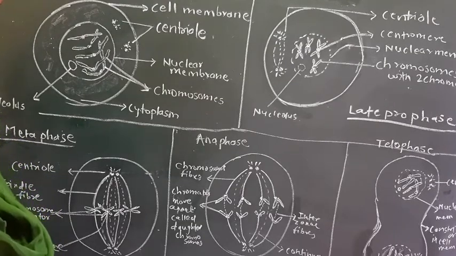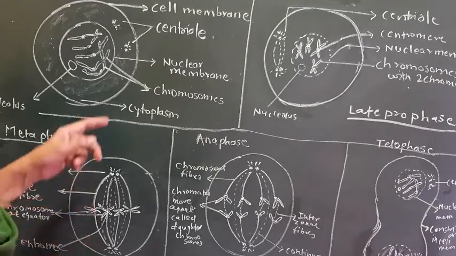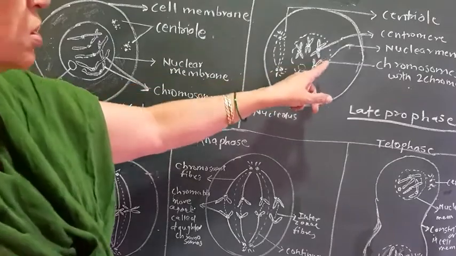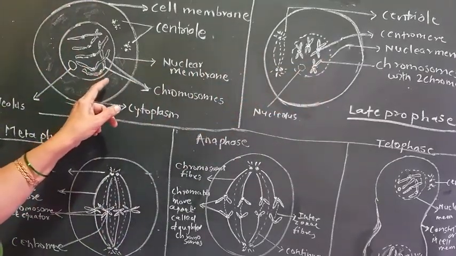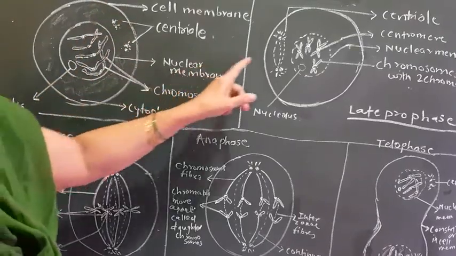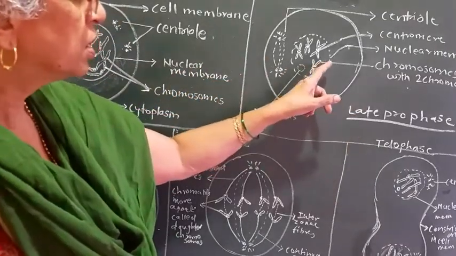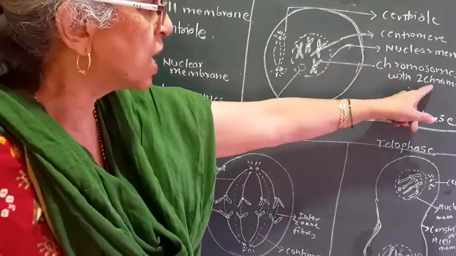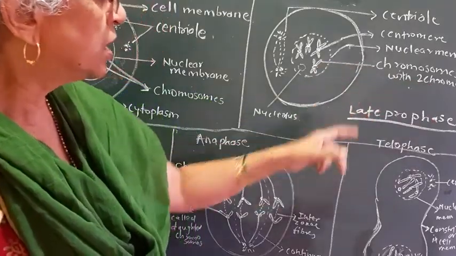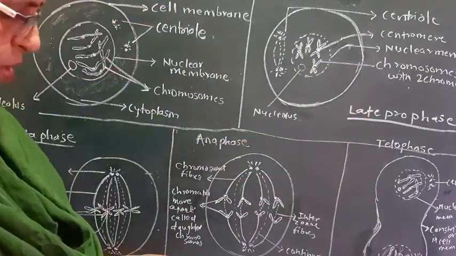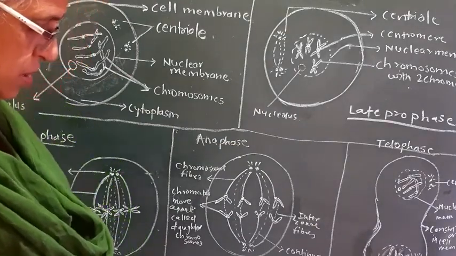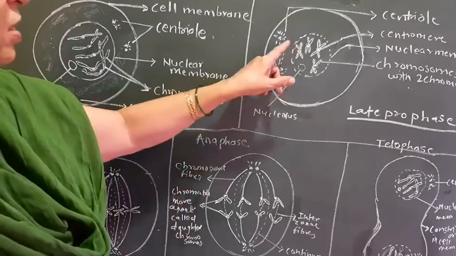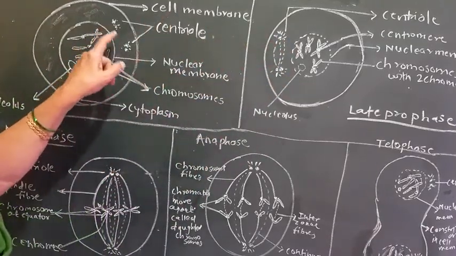Then they start to appear with their sister chromatids. So these are the chromosomes. Here the sister chromatids are not clear in early prophase, but here in the late prophase, chromosomes with two chromatids I have written over here. So they start to appear, chromosomes with the pairs of sister chromatids, and thus the centriole after that, this is the centriole I have shown over here in the early prophase.